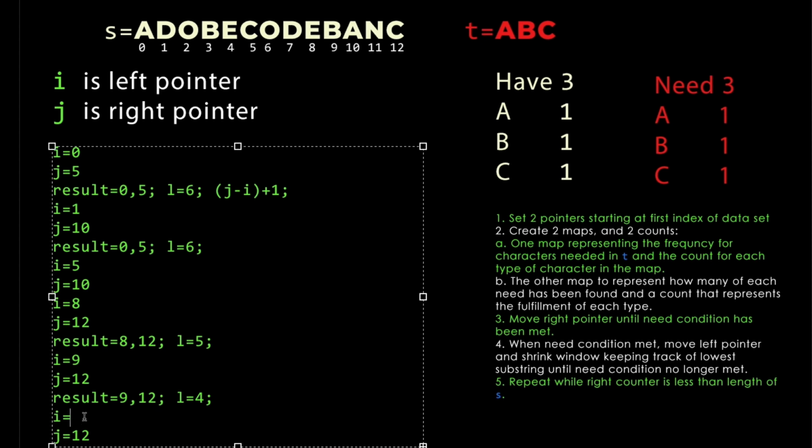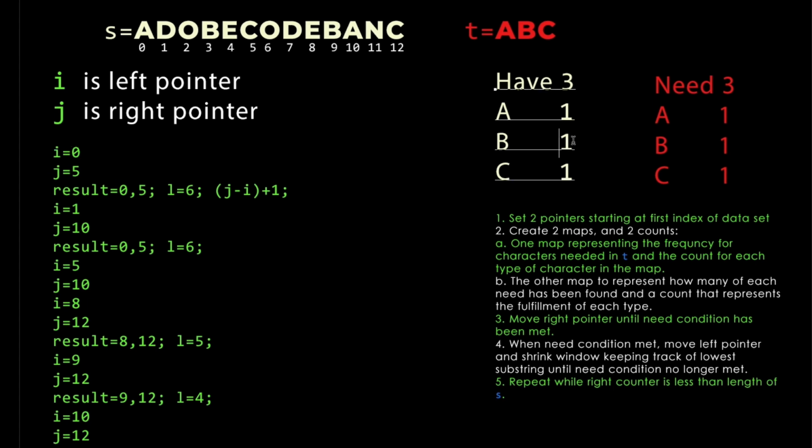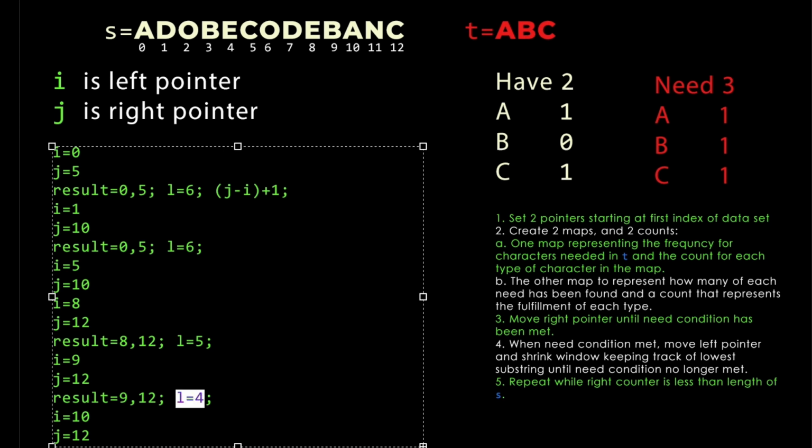B is going to be moved out of the window. Since B has been moved out of the window, it no longer satisfies the condition. And so whenever it no longer satisfies the condition, we actually need to move on with J. And since J is at the end of the string, our loop ends, and we will simply return this value as our minimum